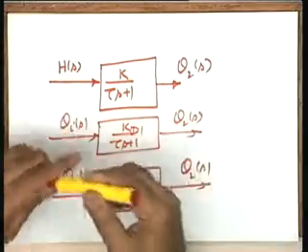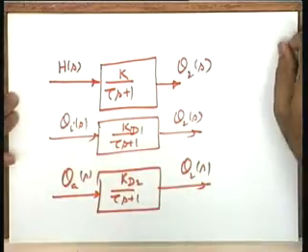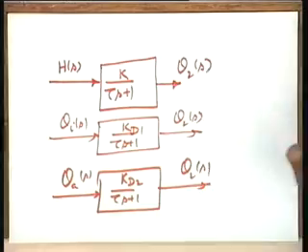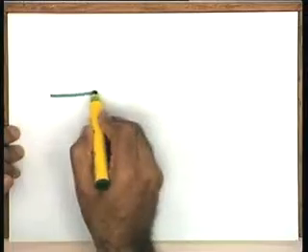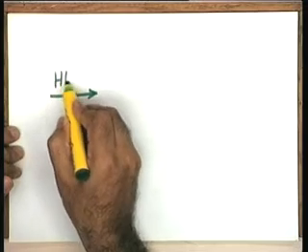So, look, you see, these are the 3 input output models, in terms of the output variable of interest and the 3 input variables of interest to me, because I would like to study the effects of disturbances on the process. Now, instead of putting the models this way, I would like to club all the 3 into a single transfer function model, and for that I can make a diagram like this. You help me if I make an error.